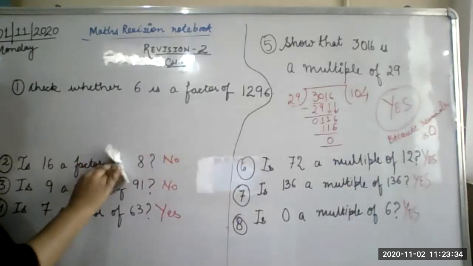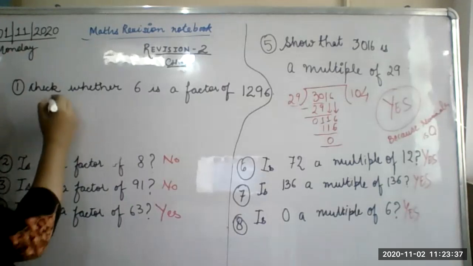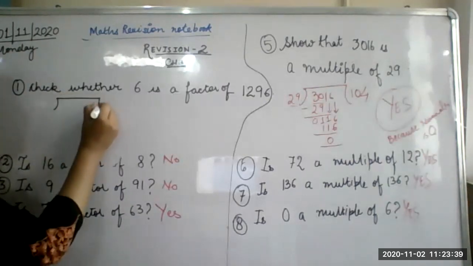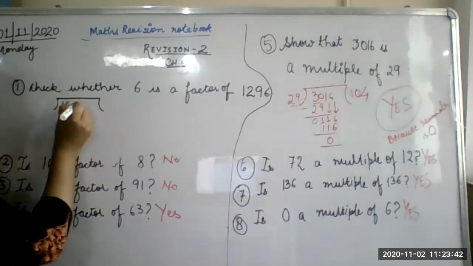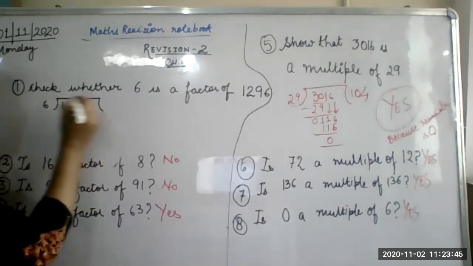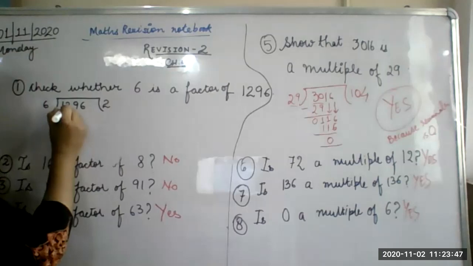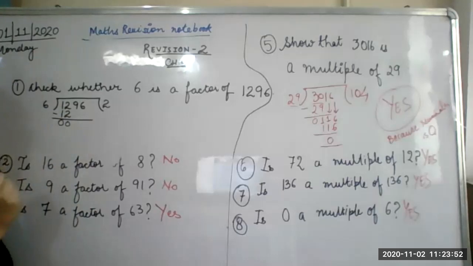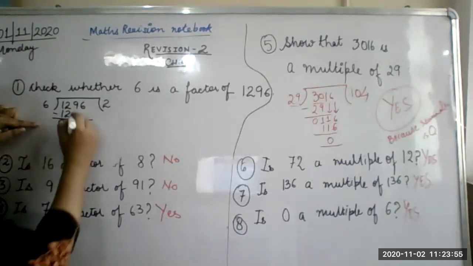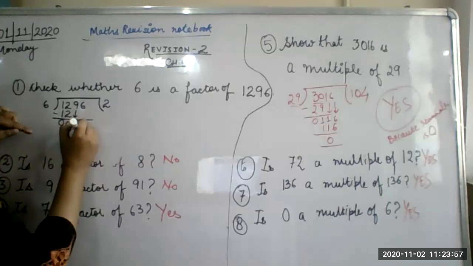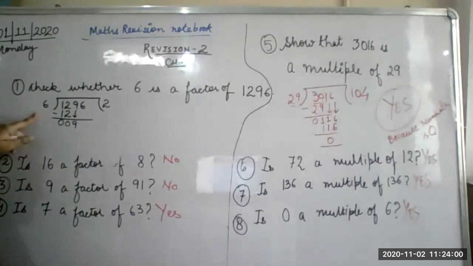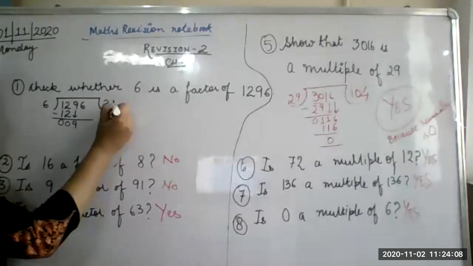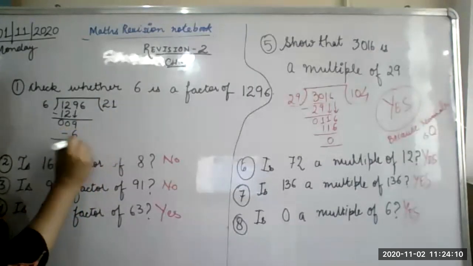Okay, I'm doing it again. See. Okay, ma'am. How can you check it? You will put 1296 under it. 6 you will keep here. 6 2s are 12. Subtract this, then you will get double 0 over here. Now see this step carefully. Now you will copy this 9 over here. When you copy this 9, let's see when 9 or a number less than that comes in the table of 6. 9 does not come, but 6 ones are 6 comes.